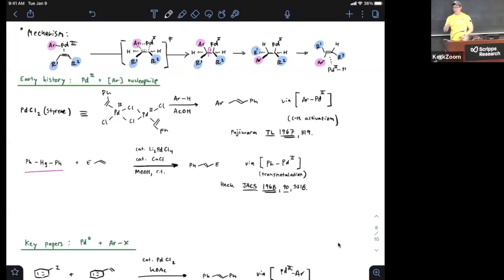So if we think about the period in history when this work was happening, note that this is the late 1960s. So the researchers were aware of the contributions from Wacker Chemie, this new nucleopalladation mechanism, and they were asking the question: what other carbon nucleophiles might one be able to engage? What other types of nucleophiles, and in the carbogenic space, what types of coupled partners here might one be able to engage? So Fujiwara is asking if you can engage arenes as potential reaction partners. Heck here is asking if you can do aryl organometallic nucleophiles,